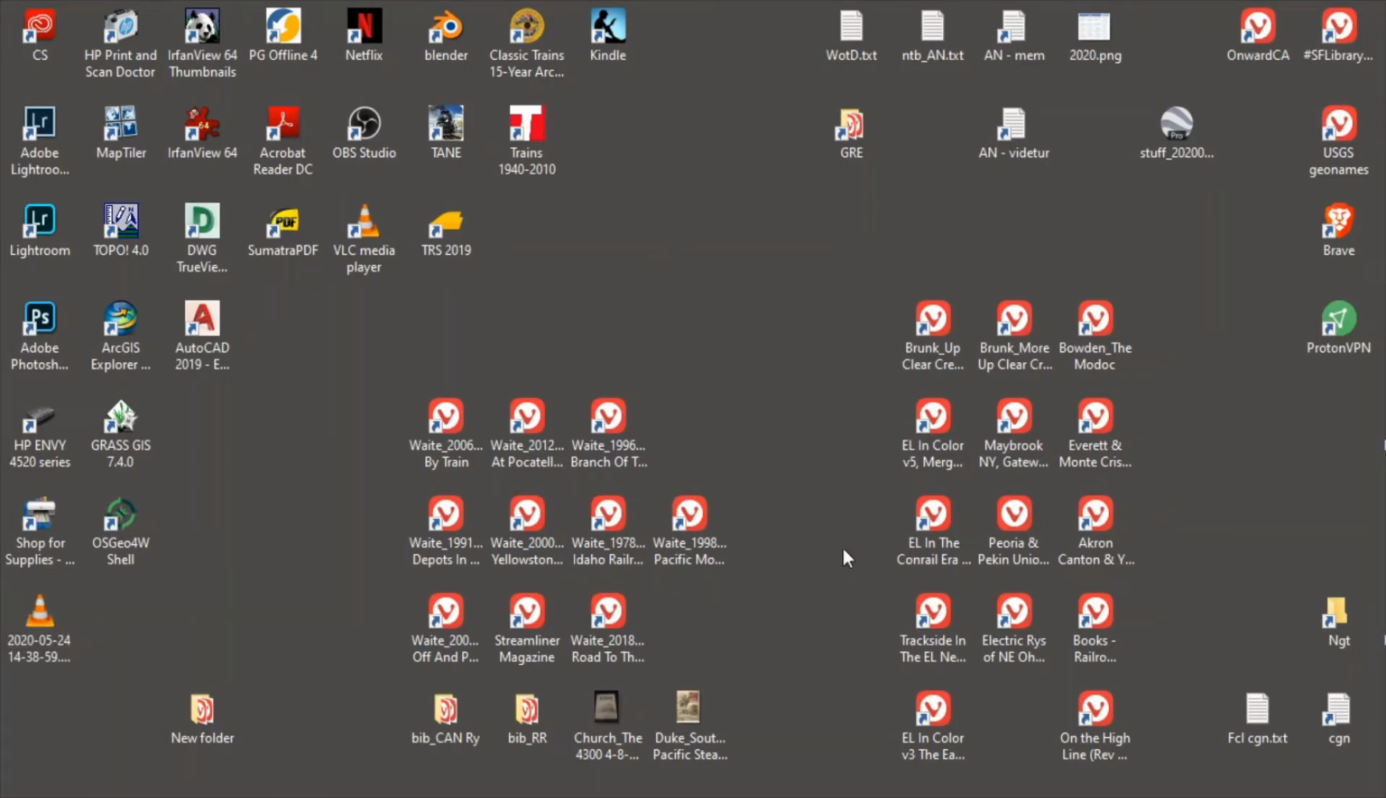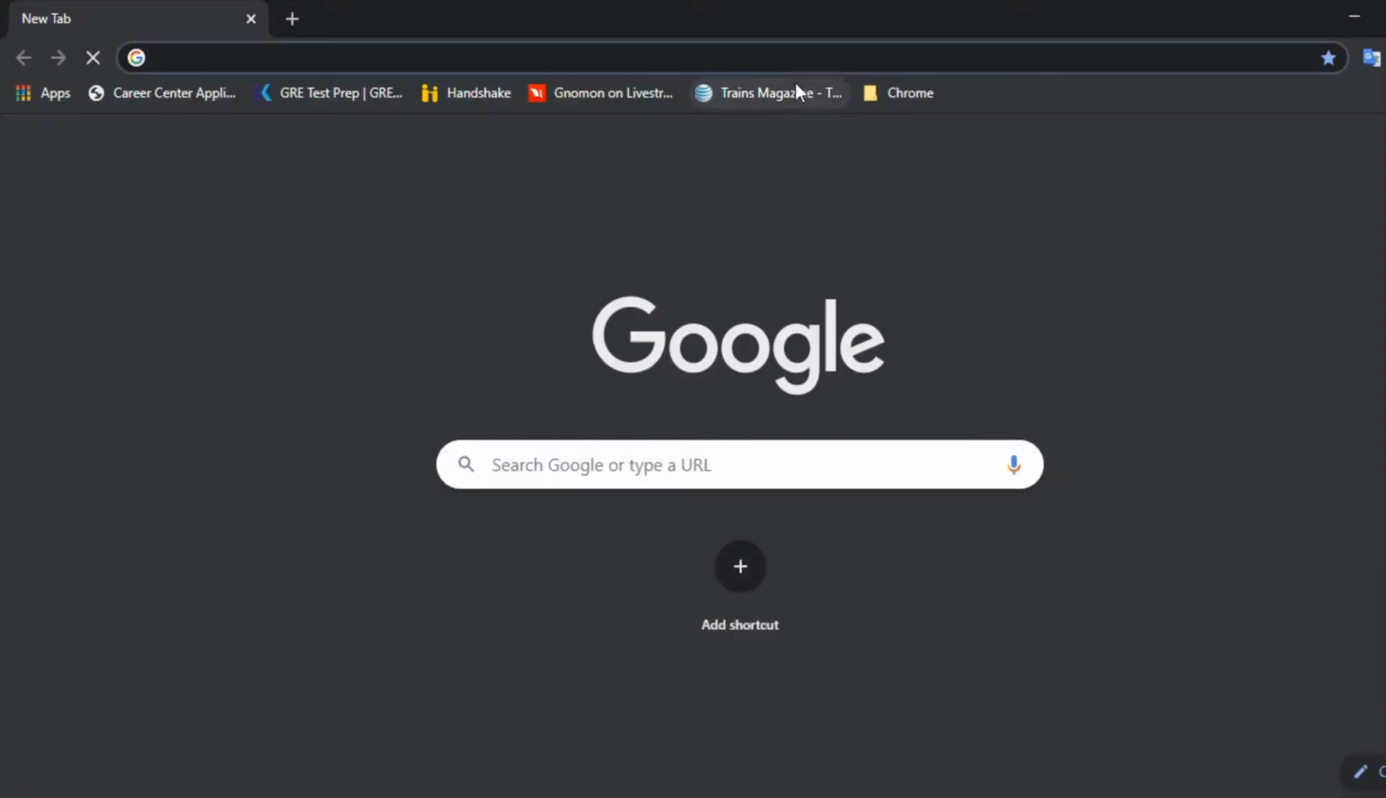Okay, this video will explain how to get the free map files. So I'm on a Windows 10 PC, and I'm going to open a browser. I'm going to open Google Chrome. I've got the internet running, so I'm connected. I'm going to go to